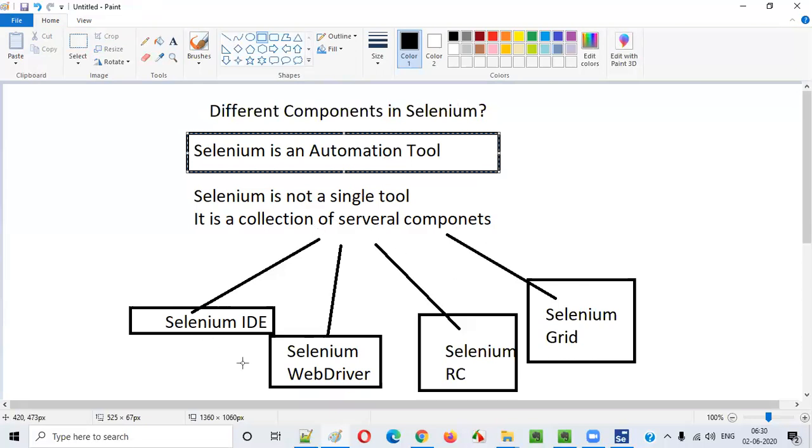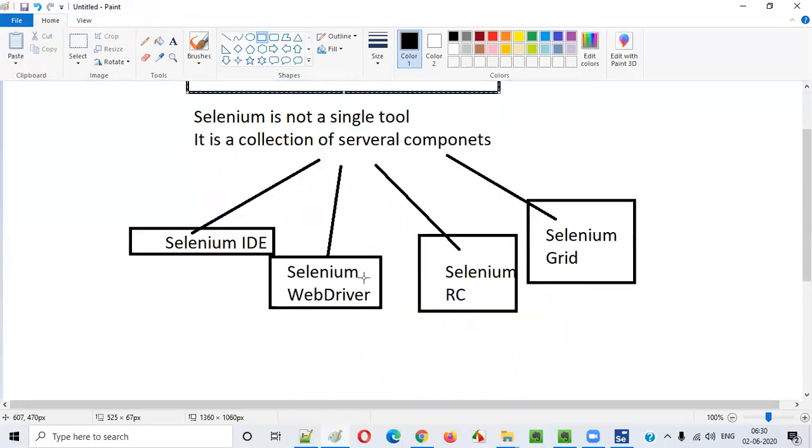So out of all these components, what is the major component that we have to learn? Do we have to learn all these components, or is any one component enough? Anand is saying WebDriver is something we have to learn. Yes, that's correct. WebDriver is the one we have to focus on.